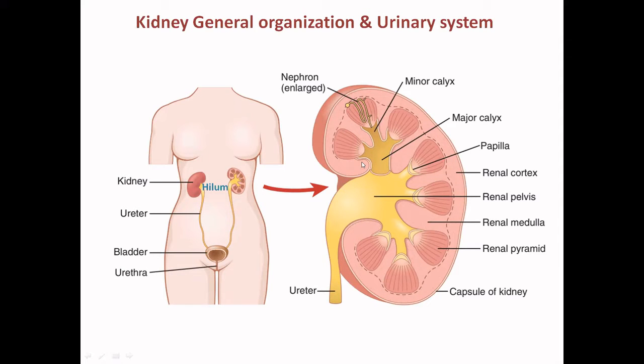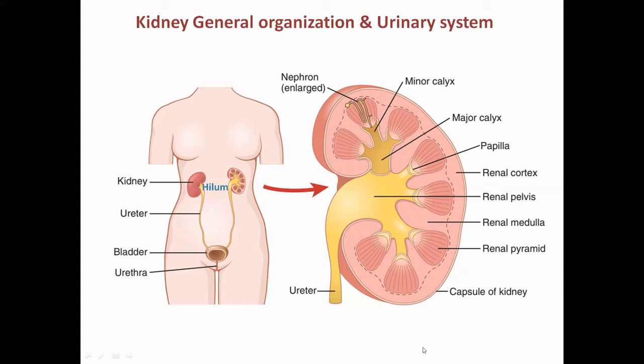So this is the general organization of the urinary system and the kidney. The kidney is found in the abdomen outside the peritoneal cavity on the back of the body. It is the size of a human clenched fist and it looks like a bean. This is the concave part, which is called the hilum, where the ureter originates, through which the urine found in the kidney passes to the bladder, where it is stored, and the release of the urine is voluntary.